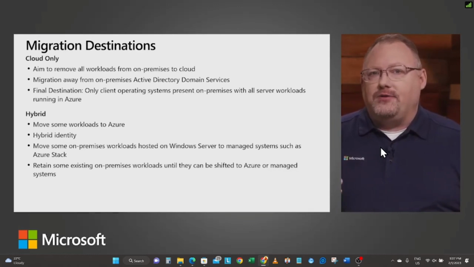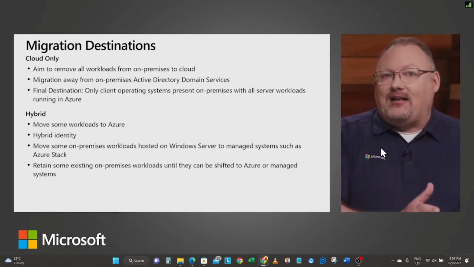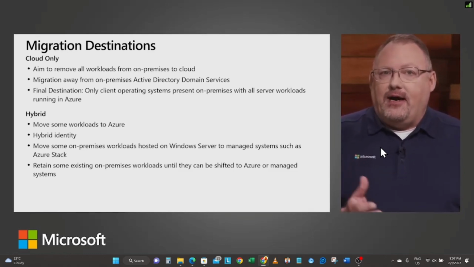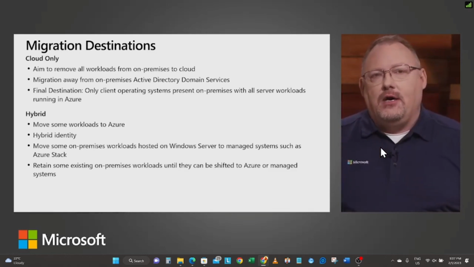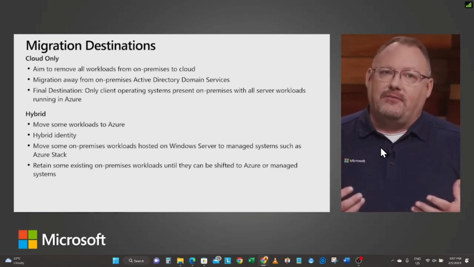What are we going to put on those different operating systems? What needs to be there? Is it going to look exactly the same as it did on-prem, which we'd call a lift and shift migration? We're simply lifting it the way it looks here, and we're shifting it into the cloud. Or are we going to do some other refactoring or re-architecting? These are decisions you have to make.